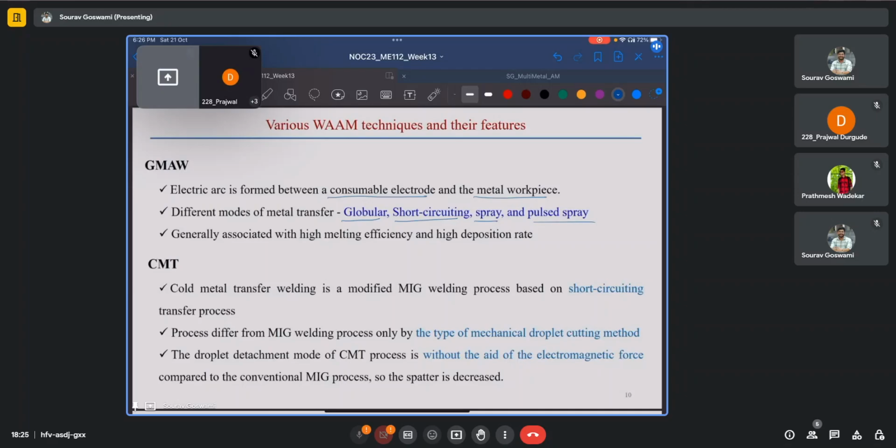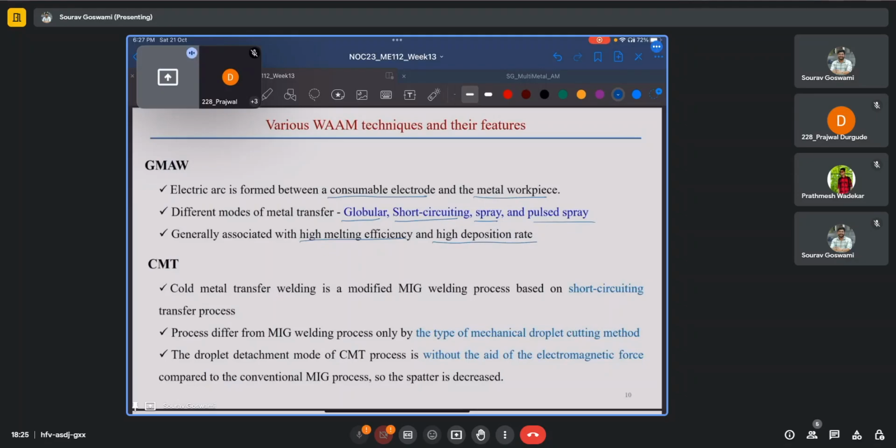And as we discussed, GMAW generally has very high deposition rates and also a high melting efficiency. However, for certain metals such as aluminum and titanium, cold metal transfer welding has been found to be more effective, where rather than depending on the short circuiting and the very sharp rise in temperature for detachment of the metal droplet, we detach the droplet by some mechanical means,